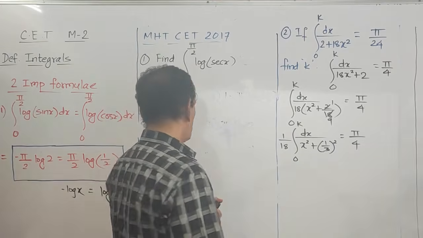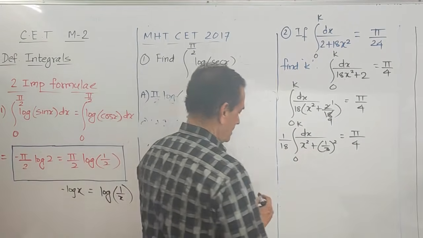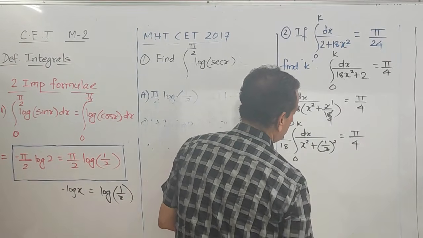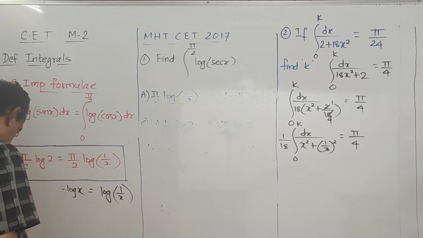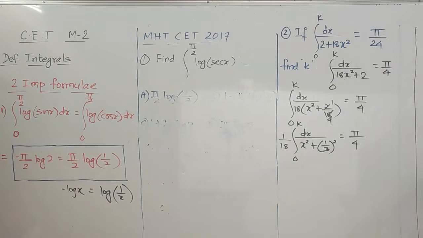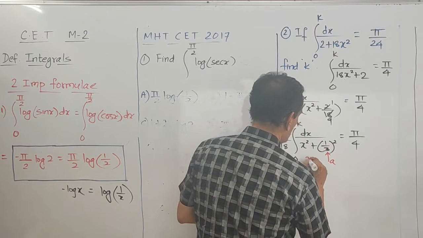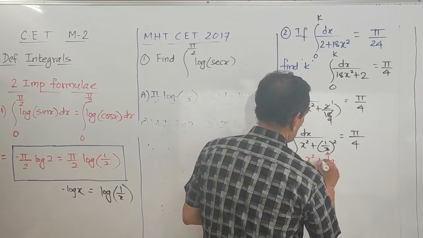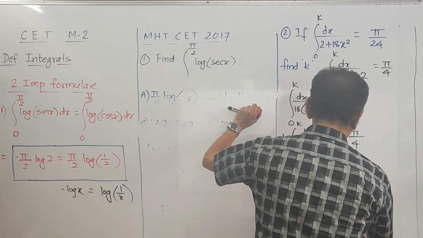So which formula can you see now? Which formula can you see? dx upon x squared plus a squared. Let us write over there. This is your a. This is your x. So dx upon x squared plus a squared, the formula says